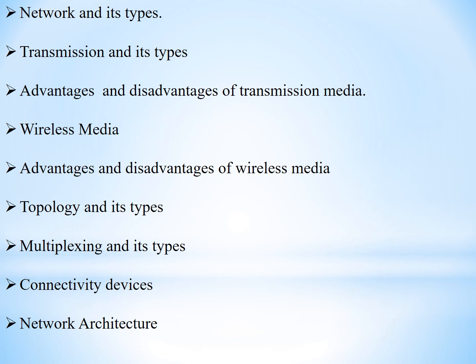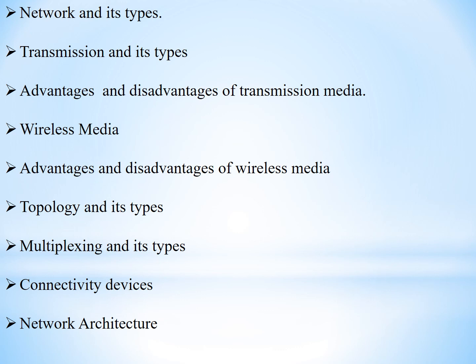Next comes the connectivity devices. The four important connectivity devices were modem and its types, repeaters, routers and hub and its types. In routers we learned about dynamic and static, and in hub we learned about passive, active and intelligent hub. And repeaters have two types. One is the exact duplicate of the signal that has been transmitted, and the other repeater amplifies the signal and then sends it.